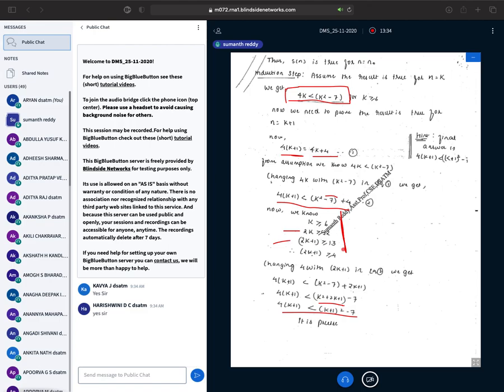See, whatever you do, whether you multiply, add, or subtract, you have to do it on both the LHS and the RHS. Depending upon that rule, now I have added plus 1. If I add plus 1, 2k plus 1 will be greater than or equal to 13.